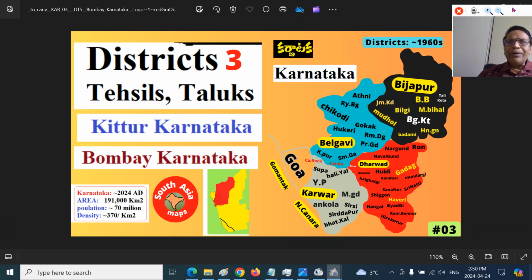Now the Bijapur district, in Bombay Karnataka, Kittur Karnataka. You can easily remember the northern part of it. Bijapur district is now bifurcated; most of the southern region of the Krishna Valley is the Bagalkot district. The taluks Basavana Bagewadi and Muddebihal are in the north of the Krishna River. I will show you the full names in the next slide. There is a Don River here.